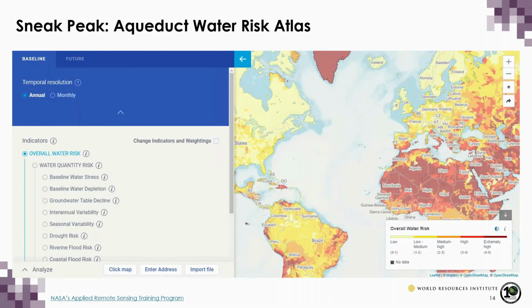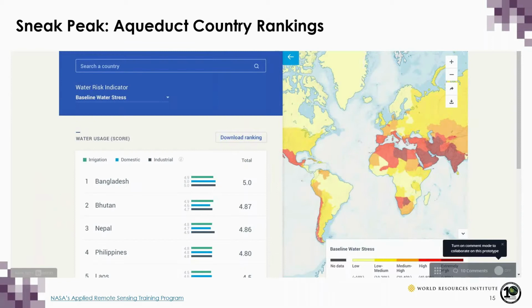So you can use the Water Risk Atlas to map current and future water risks. With this tool, you can analyze exposure to physical, regulatory, and reputational water risks across multiple locations. Plug in your own locations or explore the map yourself. Use Aqueduct Country Rankings to understand national and subnational water risks. With this tool, you can compare and rank countries, states, and provinces by their exposure to water risks. Just a note, this image is a mock-up. You can now check out the just released tool to see the official data.